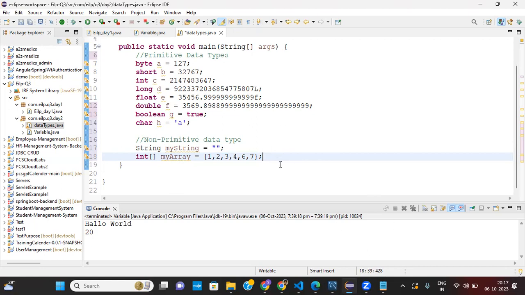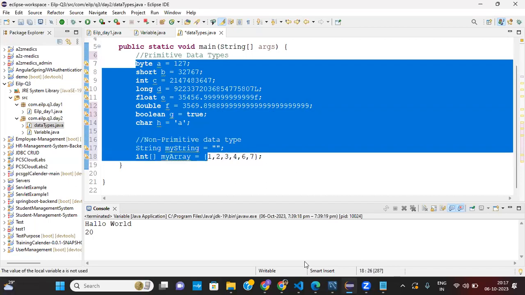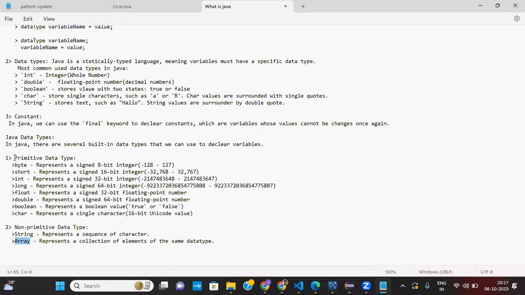Now after data types, we need to know how we convert this data. We already know the data types that are present in Java, the JDK. These are the inbuilt data types.